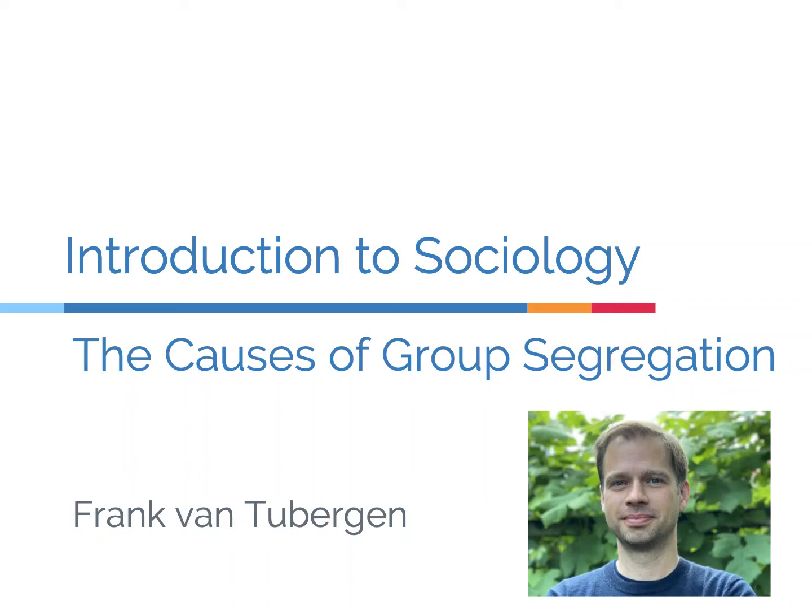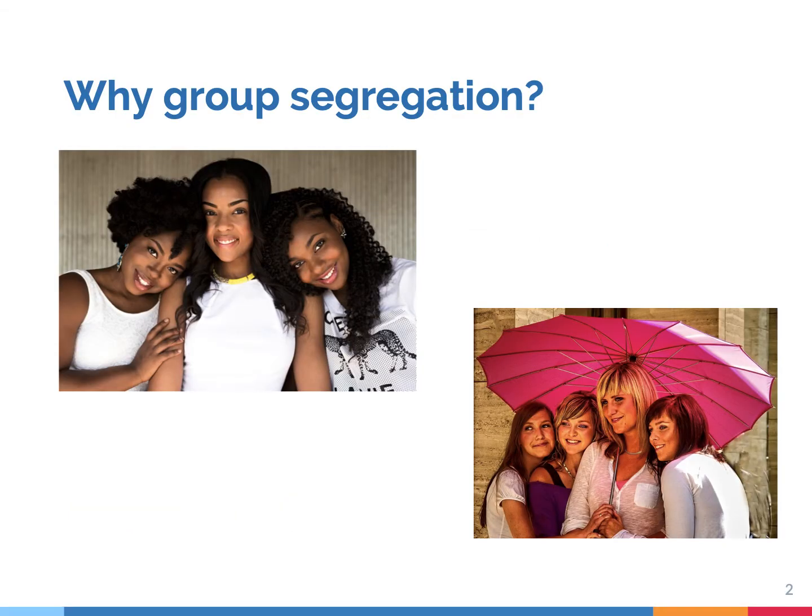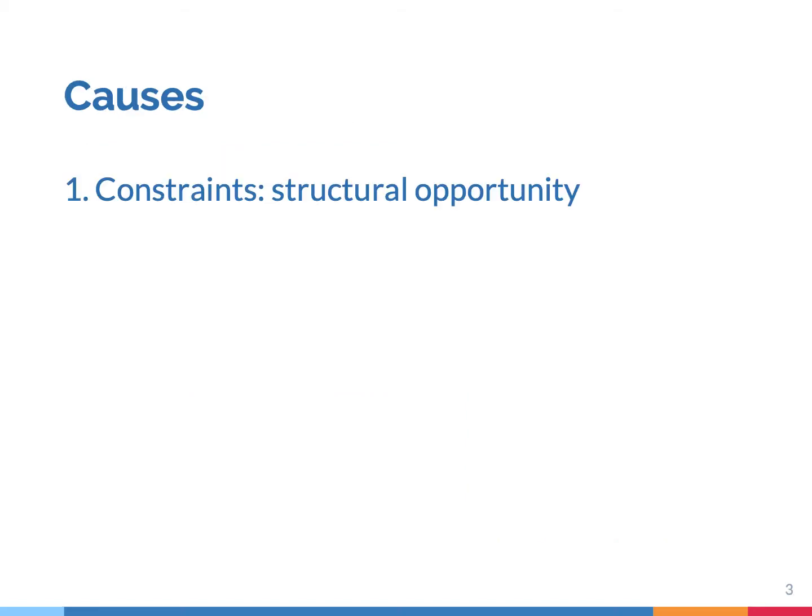Hi, in this talk we'll discuss the causes of group segregation. Why do our friends often belong to the same group? Why is there segregation in terms of race, ethnicity, gender and age? There are four causes of group segregation, and let's start with the first one, namely the role of constraints and